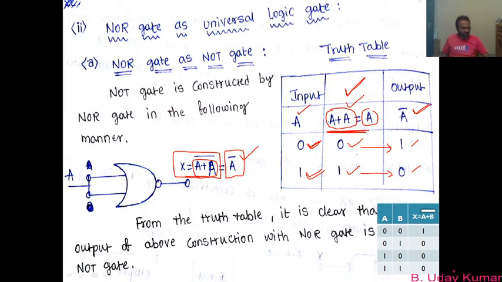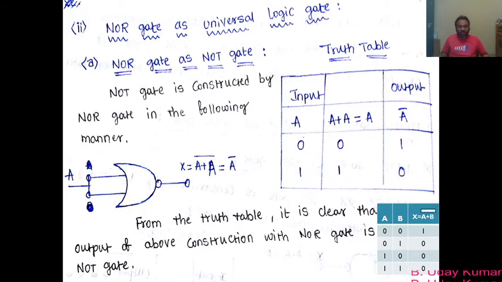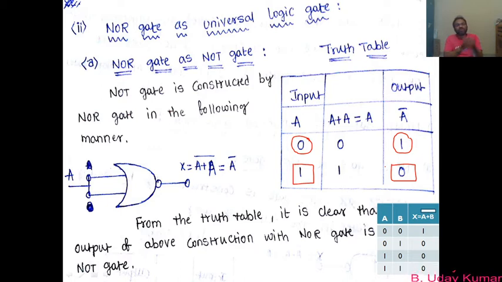So you know, why do I say that it is an inverting gate? It is an inverting gate because whatever the input that I am giving here, if I give 0, I get the output as 1. If I give 1, I get the output as 0. So that means whatever the input values given to this construction of the NOR gate, the output is found to be the inverse or opposite of the input, right? So this is nothing but a NOT gate, right? So this is how we construct a NOT gate by using a NOR gate.